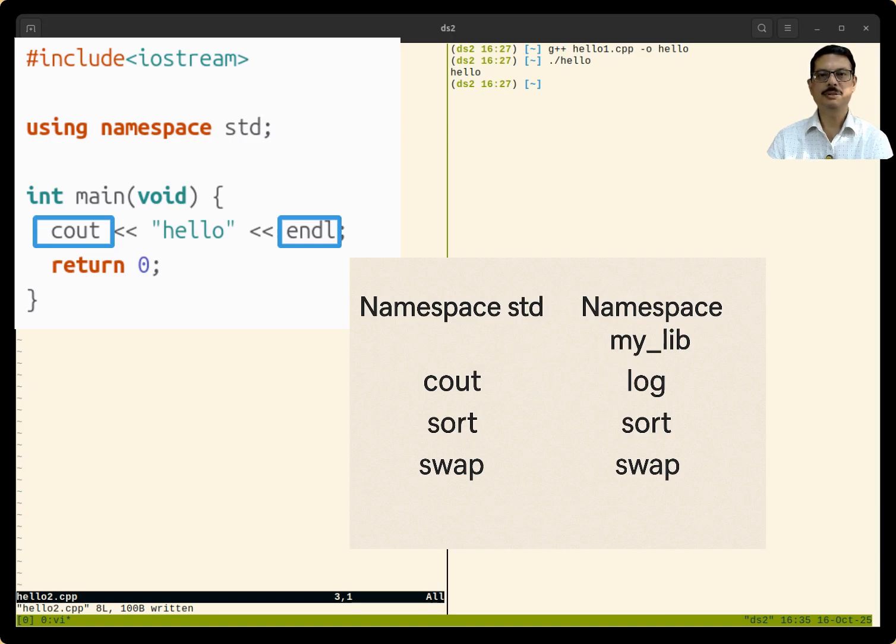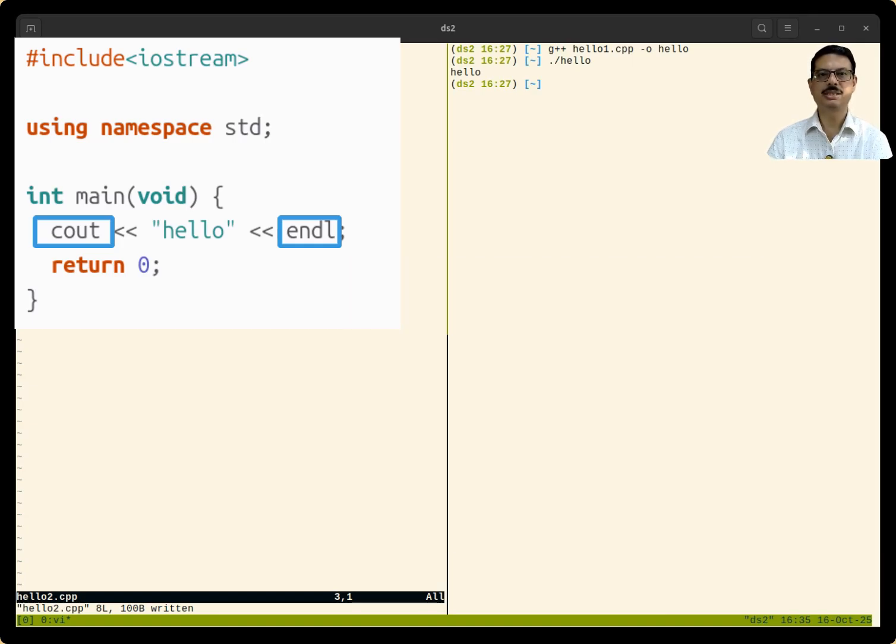In this example, cout << hello << endl, cout still refers to the standard output stream, and the operator << is still the insertion operator, sending data to the stream, hello being the text which we want to print. And endl inserts a new line and flushes the output buffer. The line using namespace std is very common in beginner programs because it saves typing and keeps the code much